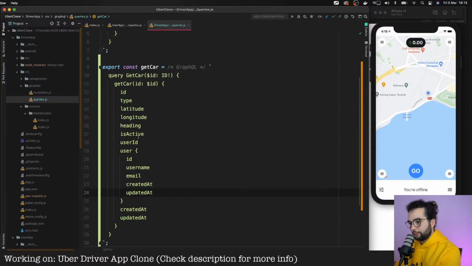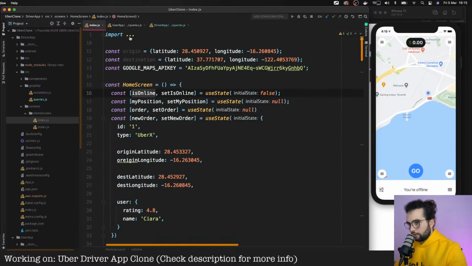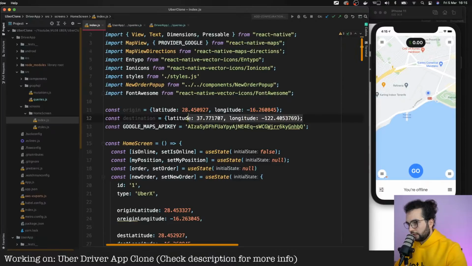Probably we can still delete some of the fields that we don't need from here. We'll see, but let's start from here. Get car. So in the home screen index, I think we can remove origin and destination because we don't need them, but let's keep them. This reminds us of where we started from.